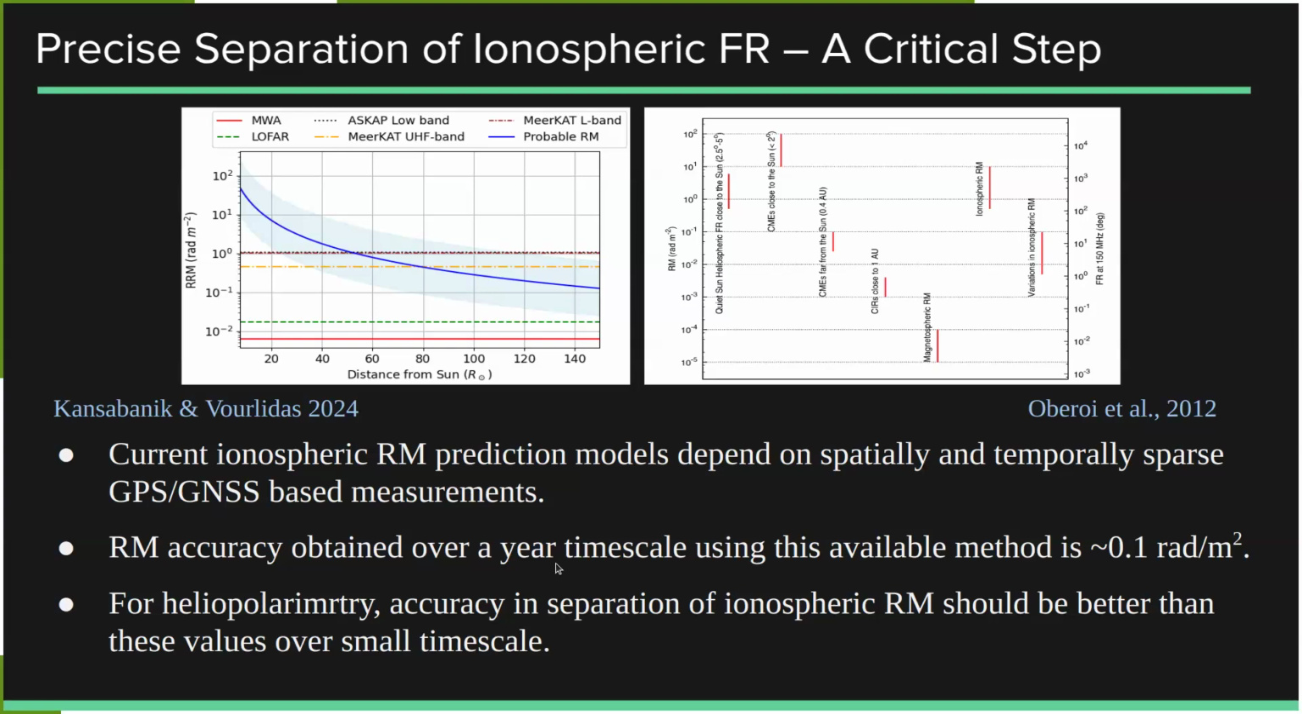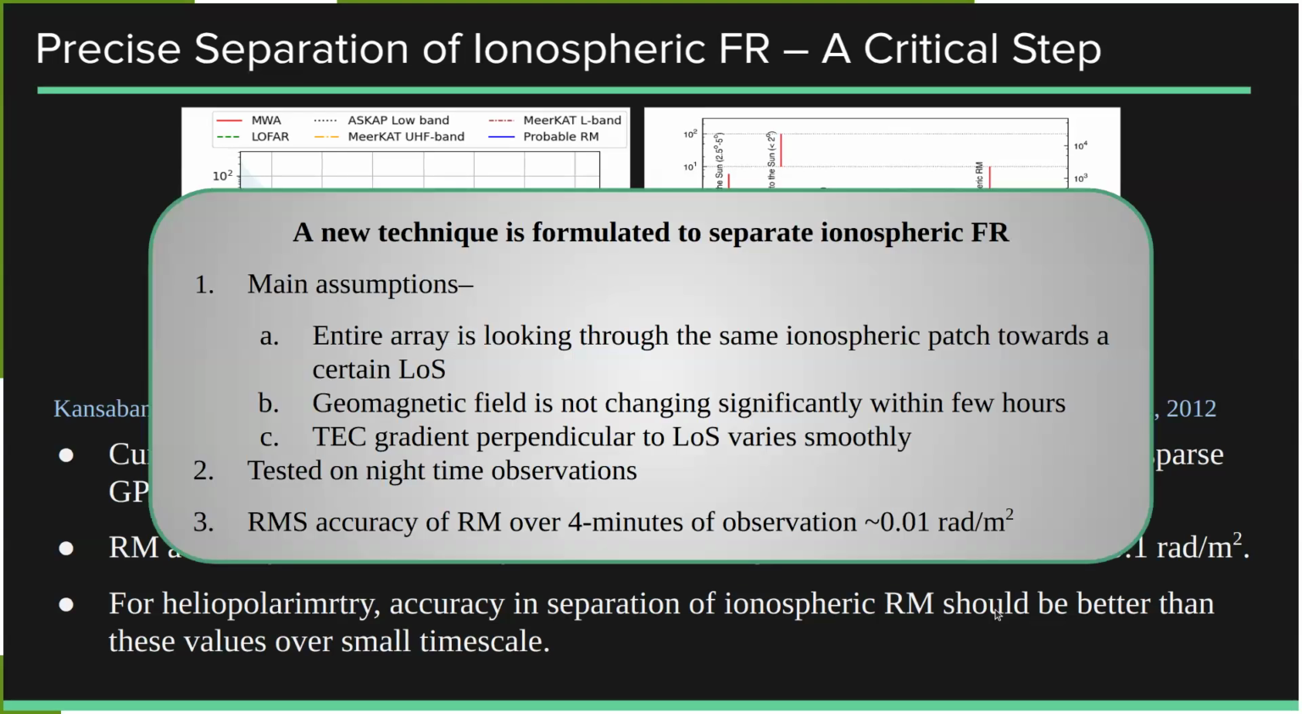So the main challenge is the current RM accuracy provided by the ionospheric models, about 0.1 radian per meter square, and that is generally provided by averaging over a year time scale. If we average an observation over a year time scale, that accuracy we can achieve. But for CME observation, we need this accuracy over a very small time scale. So for that, we developed a new